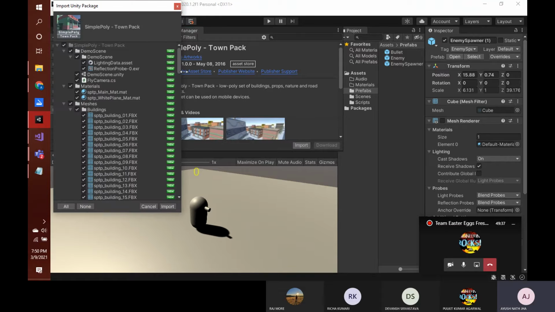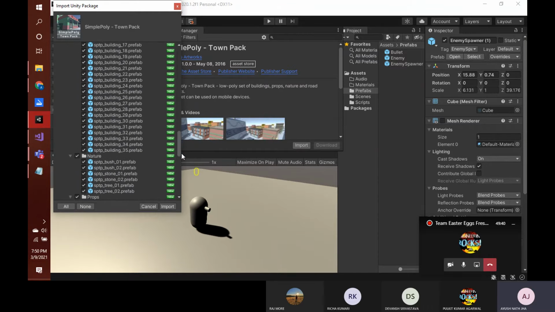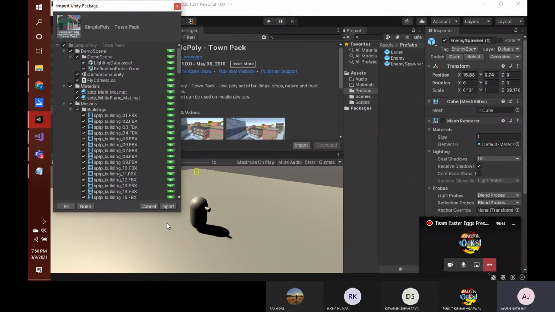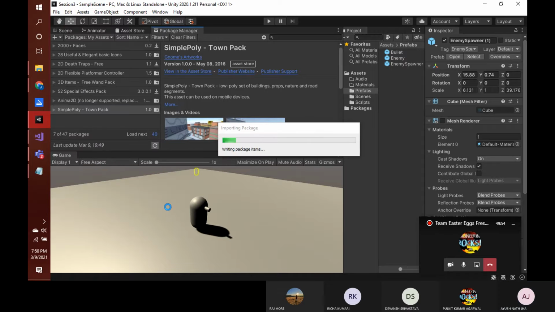Then it will show me this complete list of what all things are going to be imported. And now I want to import everything, so by default, all elements are selected. And then if I again click on import, it will be importing all the elements.